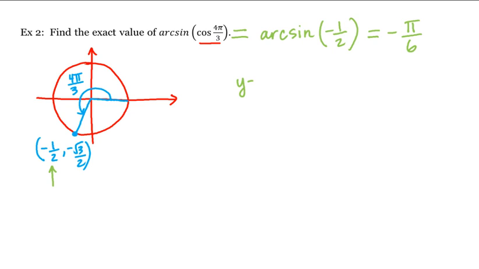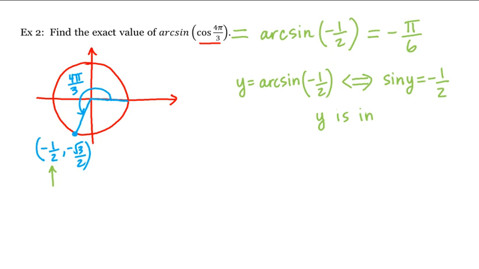Because remember, y equal arc sine of negative 1/2 is equivalent to sine of y equal to negative 1/2, but moreover, y is in the interval negative pi halves to pi halves. And thinking again of the unit circle,